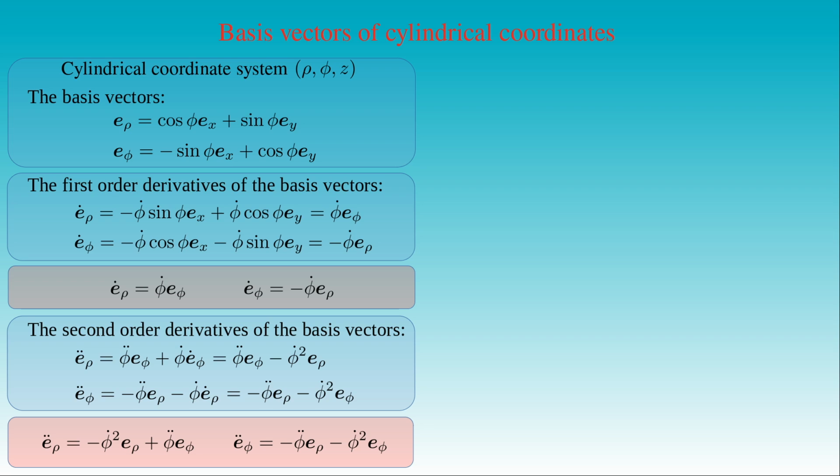Before differentiating the velocity vector written in cylindrical coordinates, we can replace the first-order derivatives of the basis vectors with the expressions in the first purple box. Then the differentiation of the velocity leads to equations containing the first-order derivatives of the basis vectors, which can be replaced with the same expressions again.